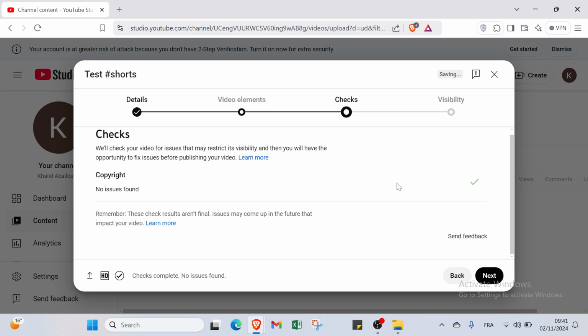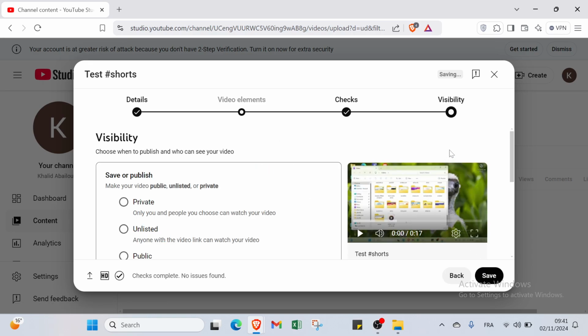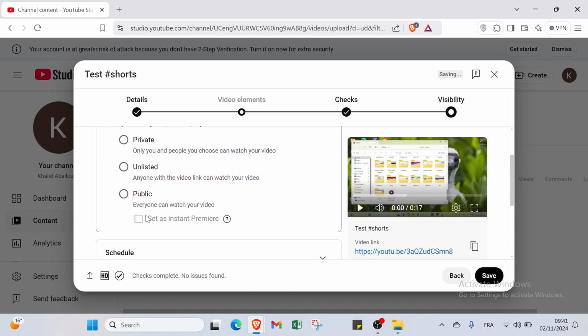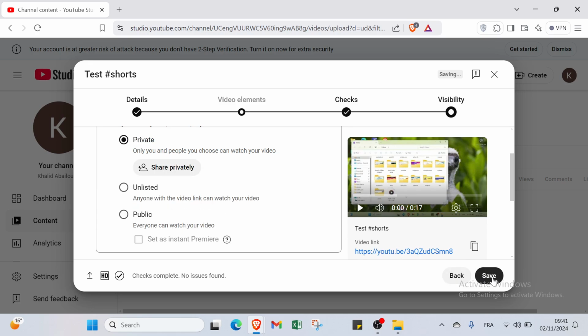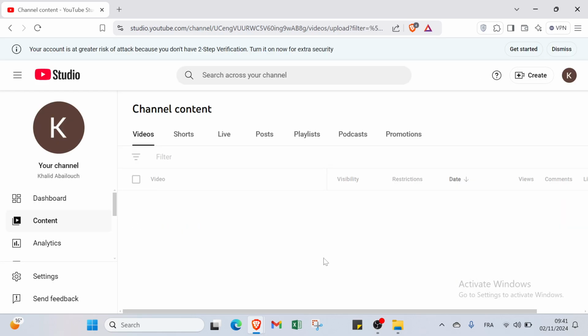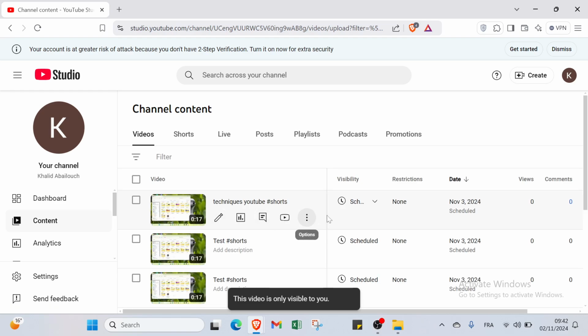And you have just also to read this information by clicking over learn more, and you click over next and you'll find the visibility. As you can see, you can just make here the video private if you want, only you and people who you choose can watch your video. Then you can make it also unlisted if you want. Anyone with the video link can watch this video, and also you can make it public. Everyone can watch my video. If I make it public, I will just publish it right now. Set it as a premiere if you want, and also I will just make it right now, make it private. Then I will just change on the settings and I will make it